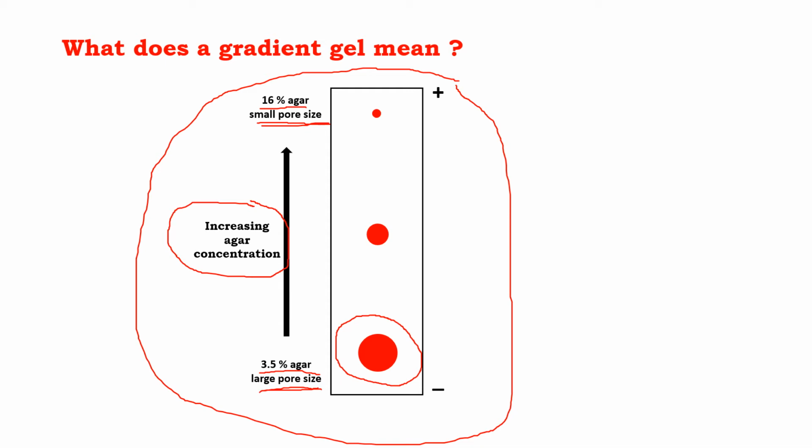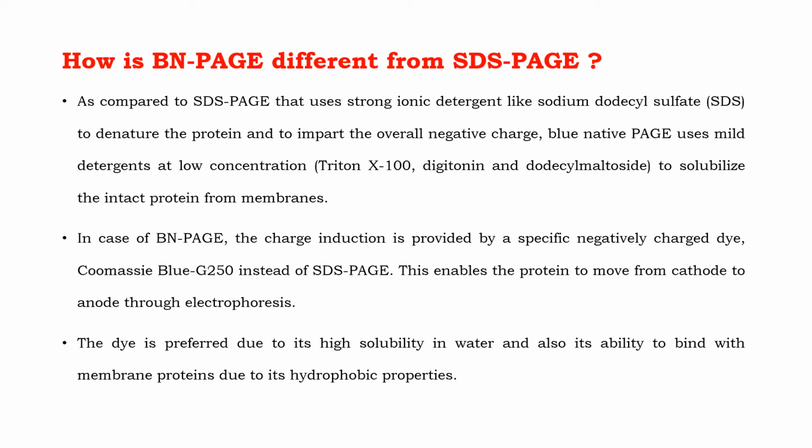So as the protein moves towards the anode in the presence of an electric field as it undergoes electrophoresis, proteins with smaller size will be present in the majority of the region having higher agar concentration, due to a decrease in pore size of the gel at that region, and because of the hindrance on the movement of larger protein complexes as they reach a region of higher agar concentration, which in turn promotes lower pore size in the gel itself.